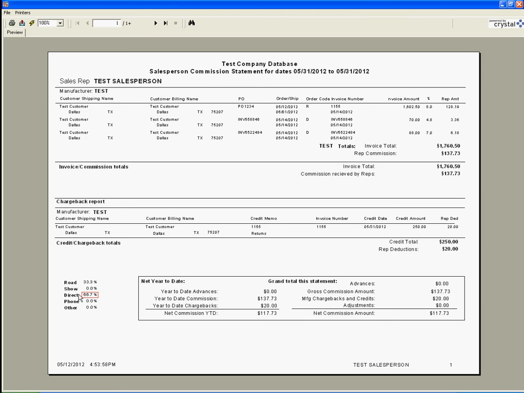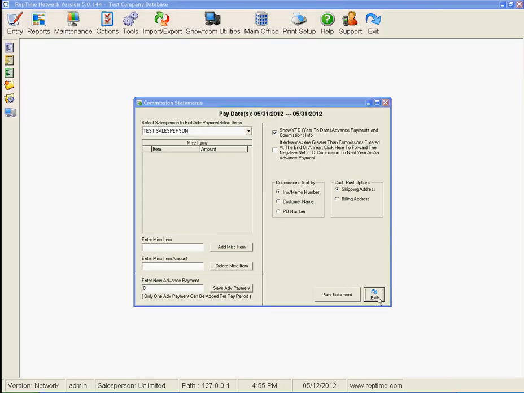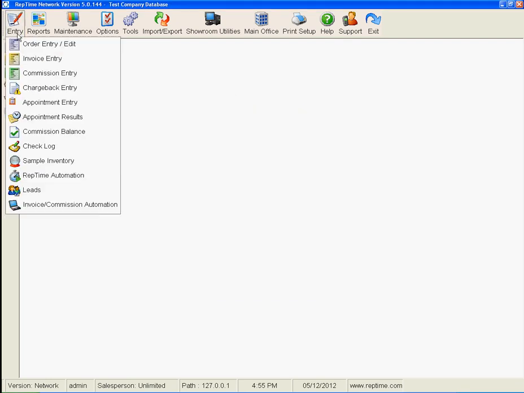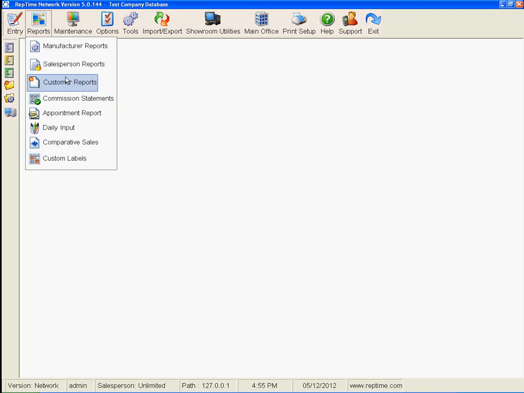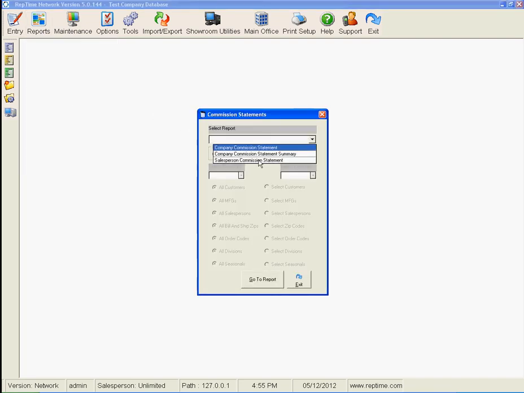This is how you run a salesperson report in REPTIME. These are the 2 main reports that commission people would love to run at the end of the month. The commission balance report under entry, and then commission balance. That's one to run to see if you've balanced for the manufacturer statement. And then next, reports, commission statements, and salesperson commission statements to know what you're going to pay the rep, and actually to attach this statement to the check that you may be paying the rep at the end of the month, to let them know everything that they're getting paid on by detail,